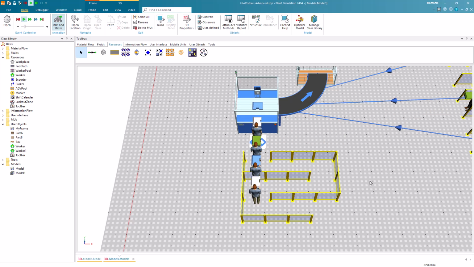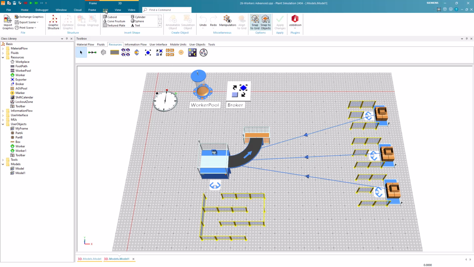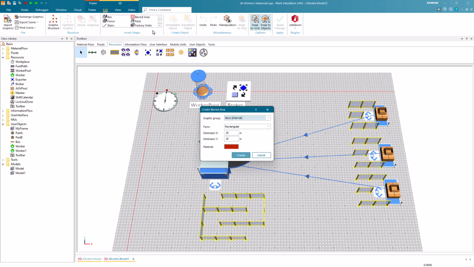We now aim to modify these two behaviors and implement a more structured approach. To do so, we introduce barred areas. These areas can be used to specify where a worker should be able to go. We first switch to the Edit ribbon and then click on Barred Area. Now we will use a specific form of barred areas called one-sided delimitation. These can be used to make the worker able to cross the dashed side, but not the solid side.